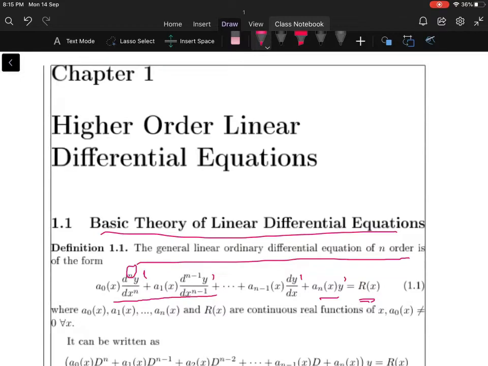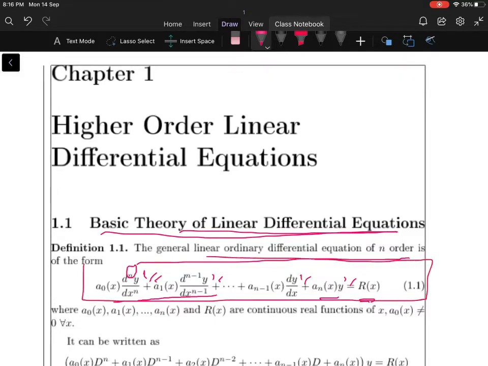And the second condition concerns the dependent variable. What is the dependent variable? y is the dependent variable, and the derivatives of y are dy by dx, d square y by dx square. So the first condition of a linear equation is that the degree of the dependent variable is the same, that is 1. And the second condition of linearity is that the dependent variable and its derivatives should not be multiplied together. Such equations are called linear differential equations.